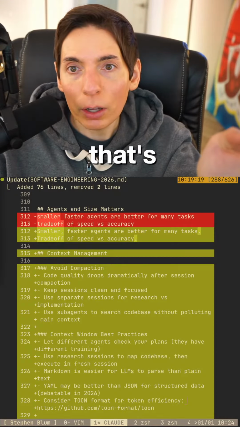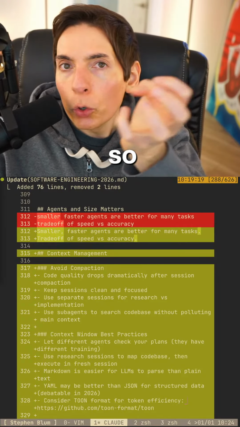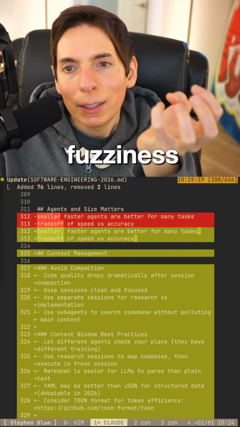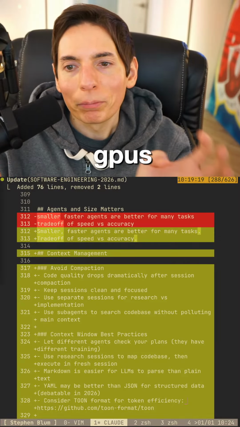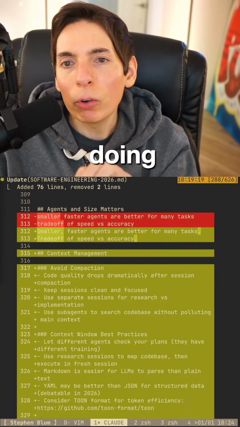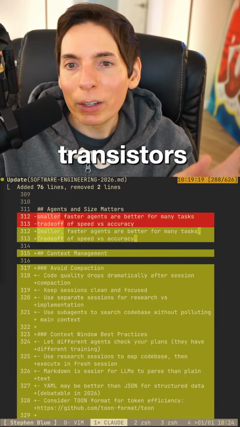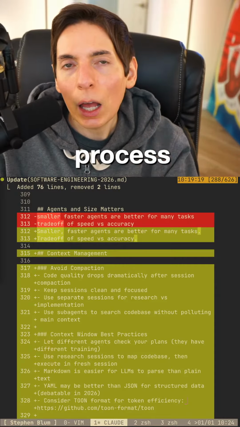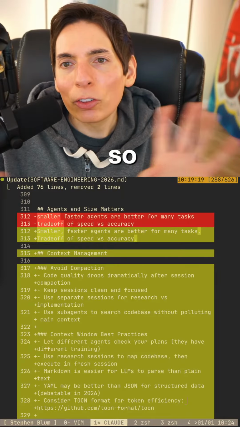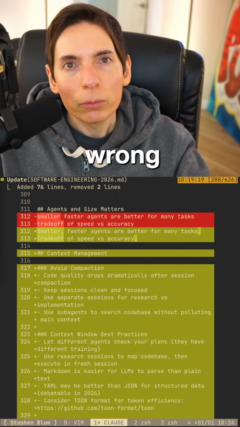And that's what a computer does, right? So we remove all the quantum fuzziness when we build transistors on CPUs and GPUs. And now that we've got so many of these transistors, we're attempting to emulate the human thought process above that. And so it's the wrong way. It's wrong, what we're doing right now.